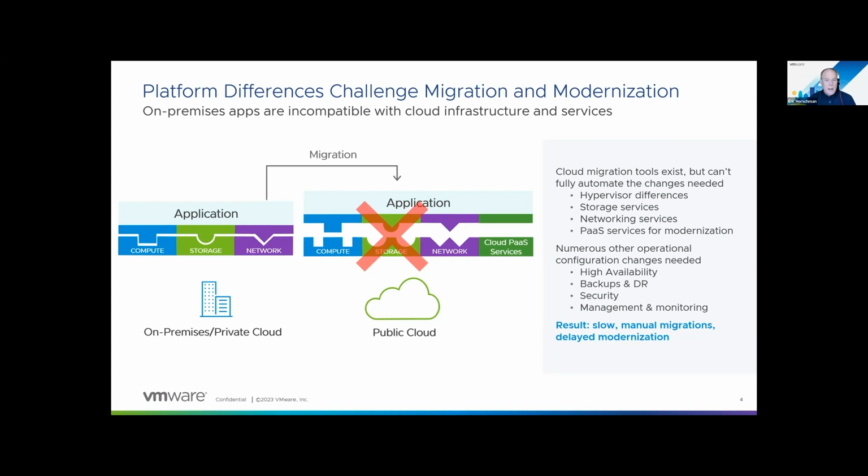The reasons for that are pretty simple. In a VMware environment, you're running on the ESXi and vSphere hypervisor, you're using VMware virtual networking, storage dedicated to VMware, or vSAN in some cases. And when you move to the cloud, you're going to find a different compute platform with different hypervisors, different storage, different networking. All of that means that it's not possible to pick up a virtual machine and drop it into